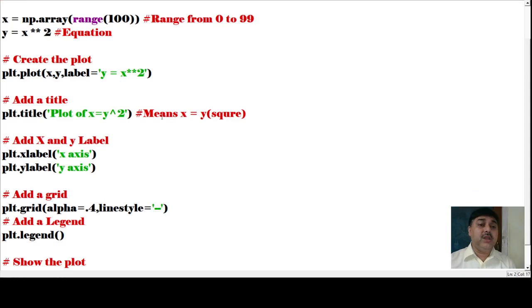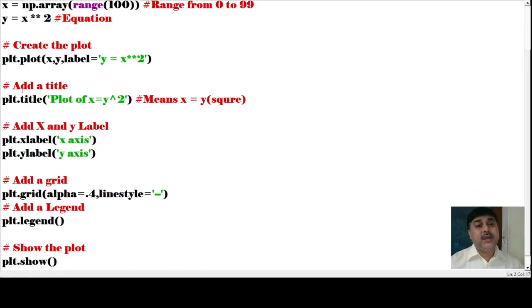Next, add the title: plt.title, 'Plot of y equals x caret 2'. Caret means square, so this means y equals x square.